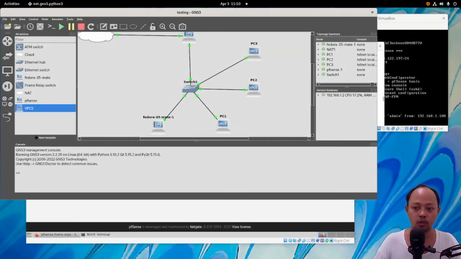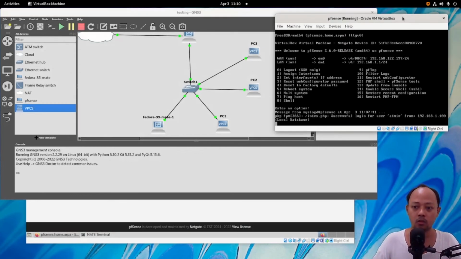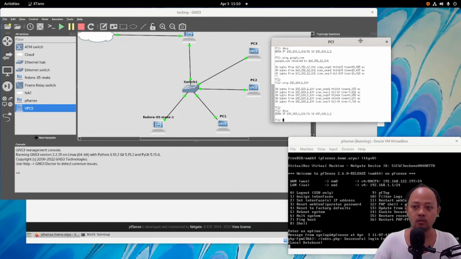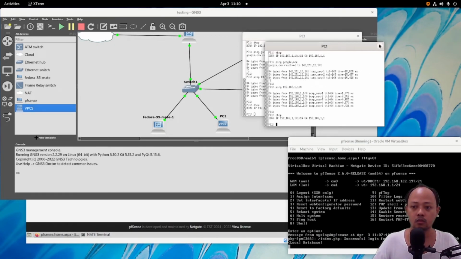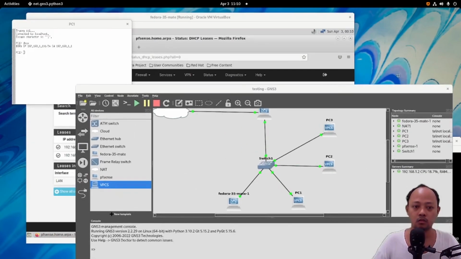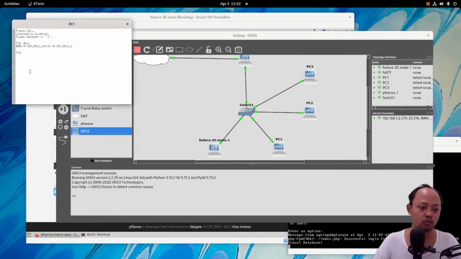So many windows, it's confusing. It's very confusing for me.